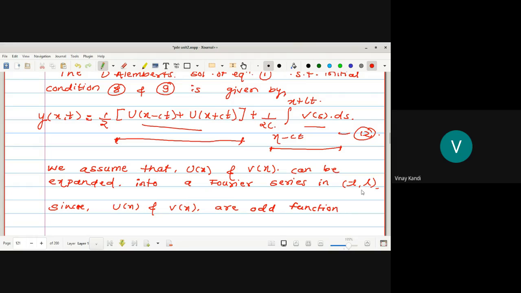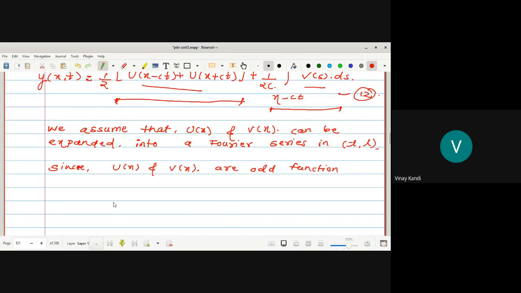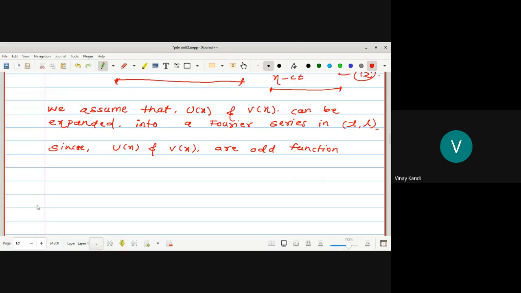Okay, since u of x and v of x are odd functions, it contains only sine terms. Okay, thus we can write,